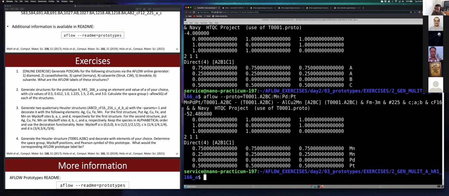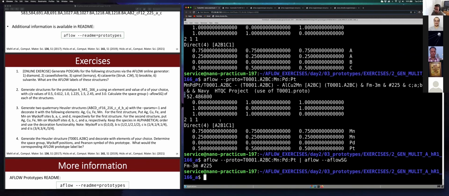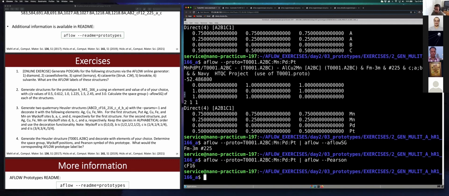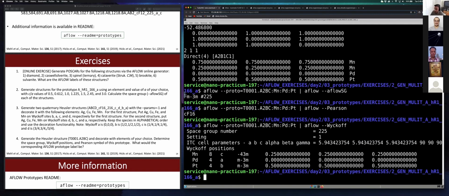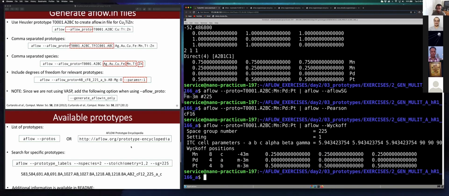Then I wanted you to analyze the space group. You can use AFLOW-SG. Then I wanted you to analyze the Pearson symbol: CF16. And then I wanted you to analyze the Wyckoff positions. And then based on this information, I wanted you to determine what the AFLOW prototype label with the underscores would be. So you can easily go back